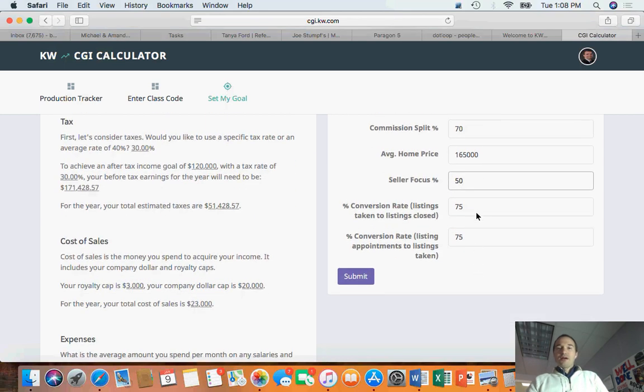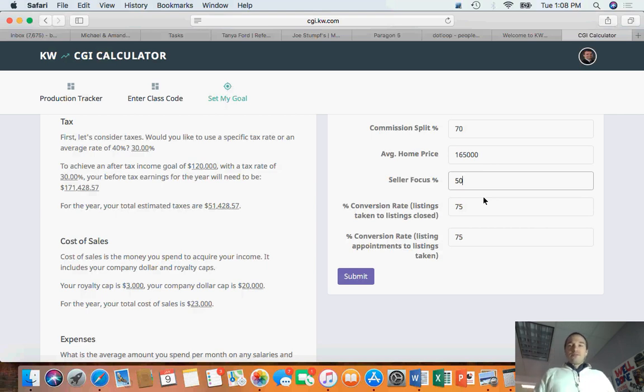And then here's a percentage of seller focus. Do you want to have 80% of your business working with sellers, or maybe you like working with buyers better, and you want to have 20% sellers and do 80% buyers? I would like to say, definitely for me personally, I'd like to work with sellers. I'd like to work with at least 50% sellers, if not more. So I would recommend you put at least 50%